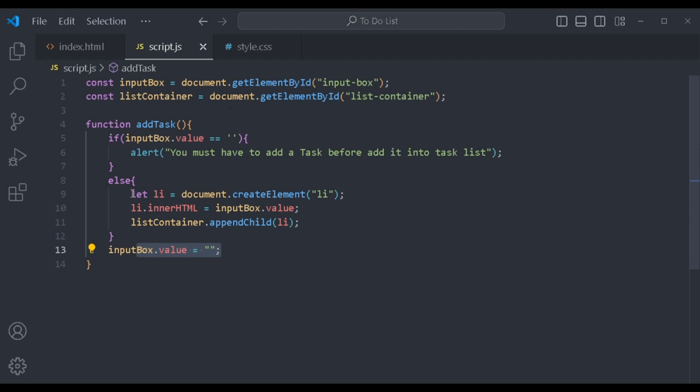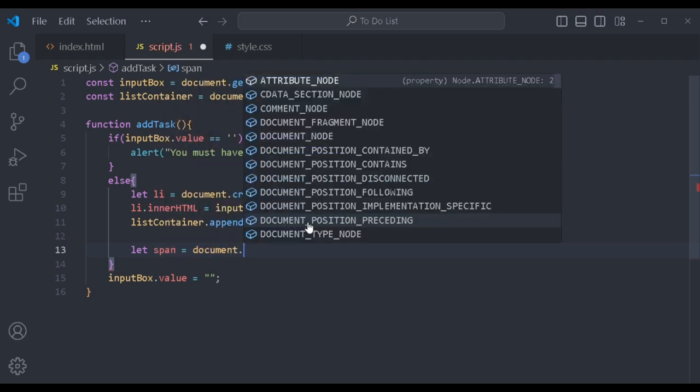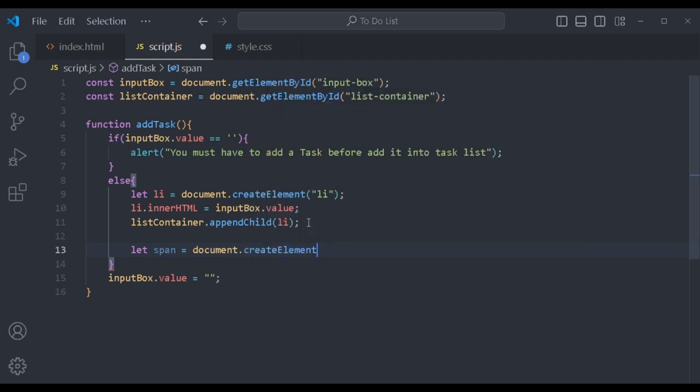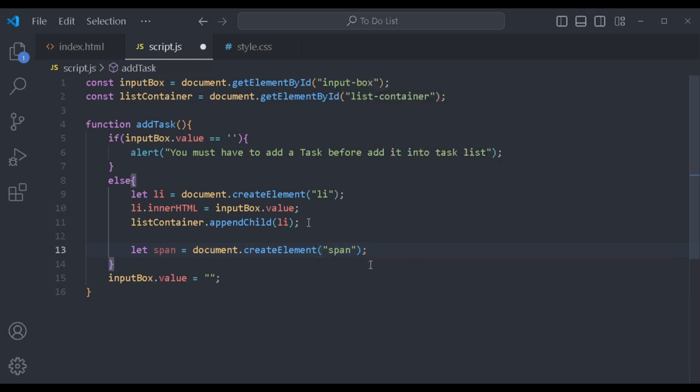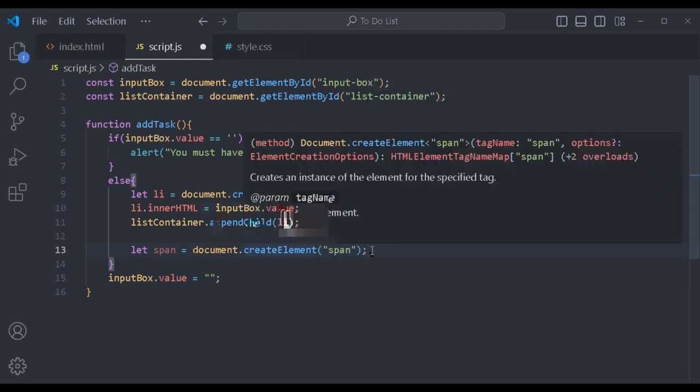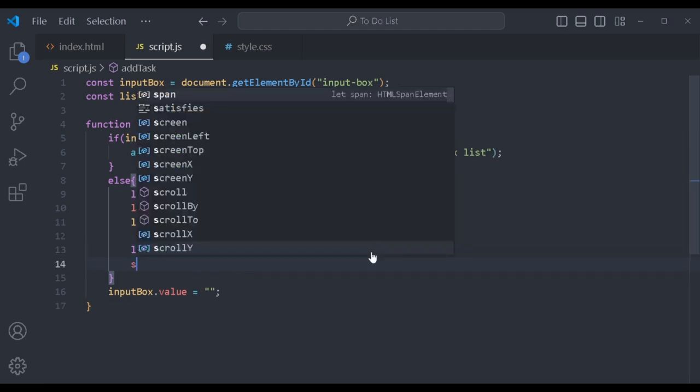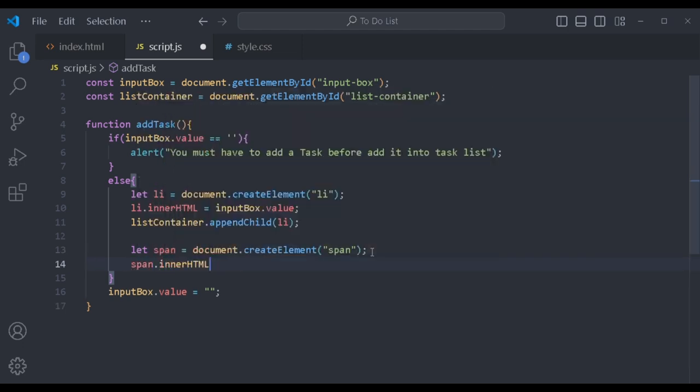So we will basically add that cross button within this list, and we are going to add that cross element by using our span tag. For that we will write here let, name it span, and set it equal to document dot createElement. So we want to create an element with tag name span. Now we will add some content to this span element. For that we will use span dot innerHTML is equal to, and here in double quotes we will write this little code. It is going to be